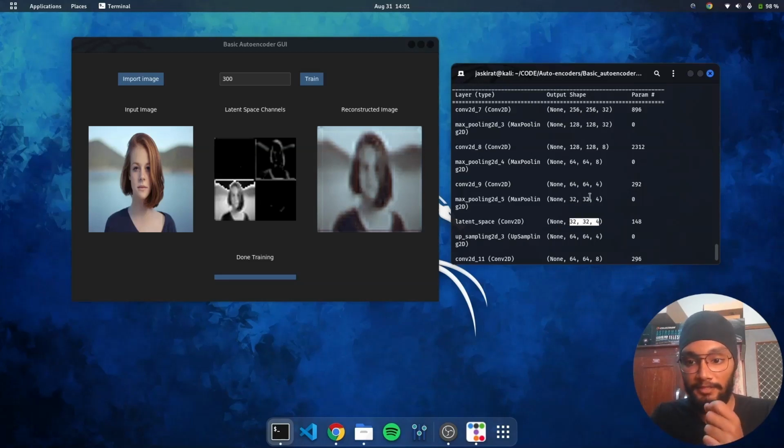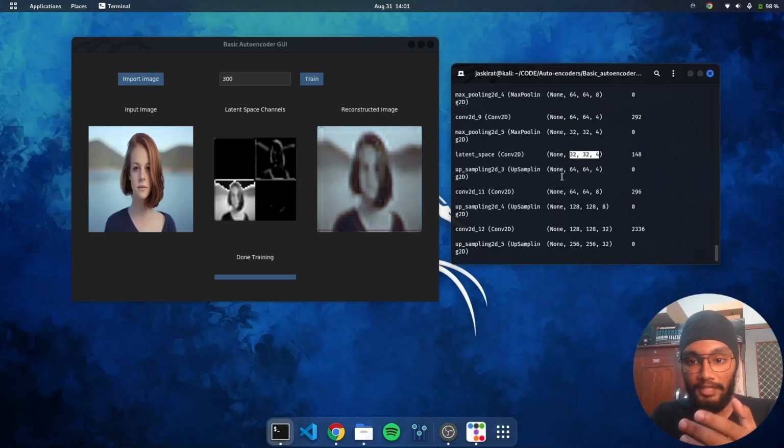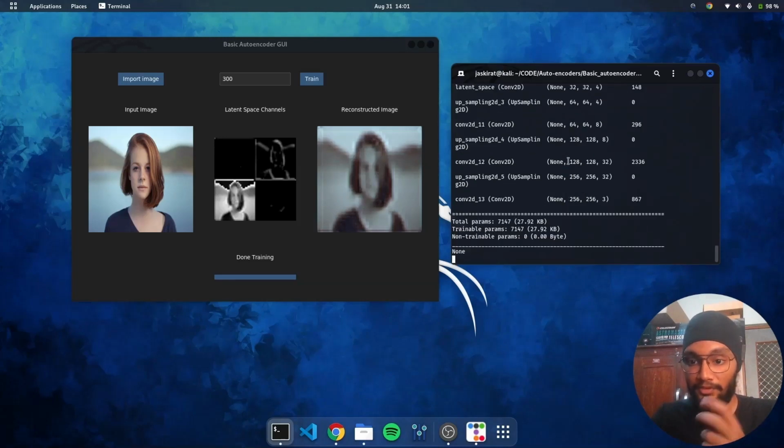This is the latent space. And then again it upscales the image to 64 by 64. The downscaling and upscaling should be symmetrical in an autoencoder. So you can see this is symmetrical: 64 by 64, then from 64 to 128, and then again